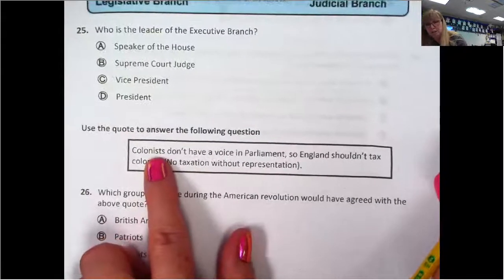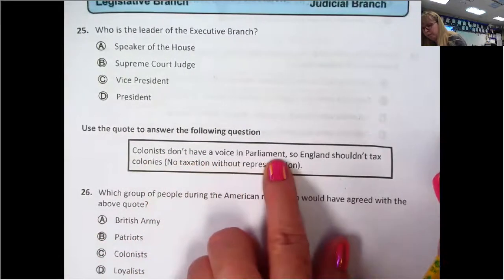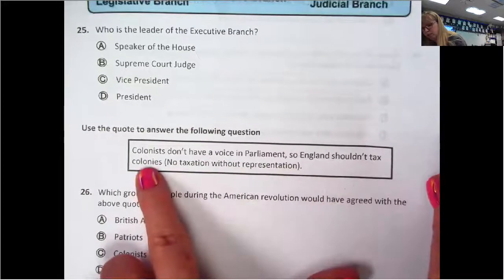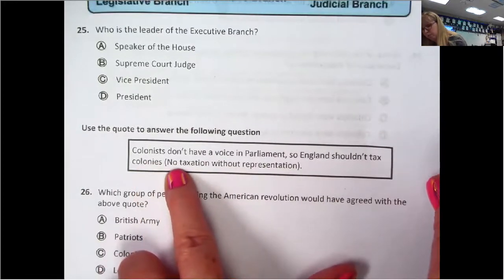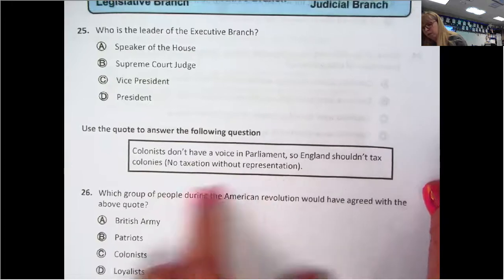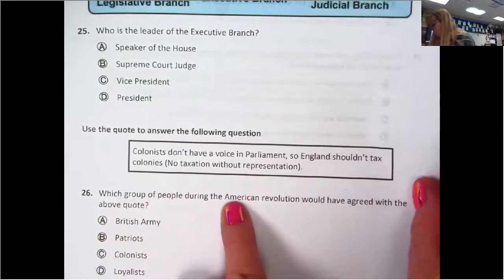Last but not least, colonists don't have a voice in Parliament, so England shouldn't tax the colonies. In simpler terms, no taxation without representation. Which group of people during the American Revolution